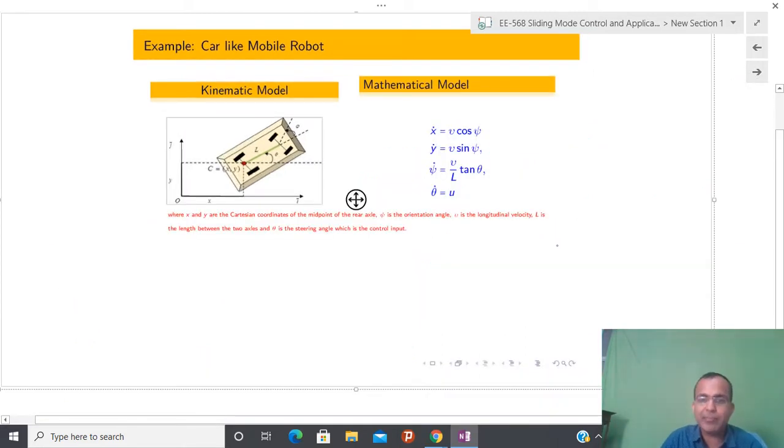Now let us take a very simple example. Again, I have taken an example from robotics. So I have a car-like robot. Car-like robot means most of the time if you see a car, it has four wheels, and you might have seen that in whatever car you have, most of the time the engine is coupled with the front wheel. Okay, what about the bicycle? Anyone?